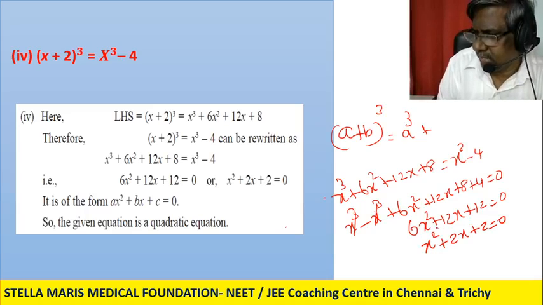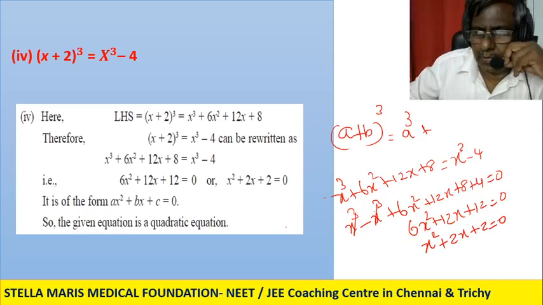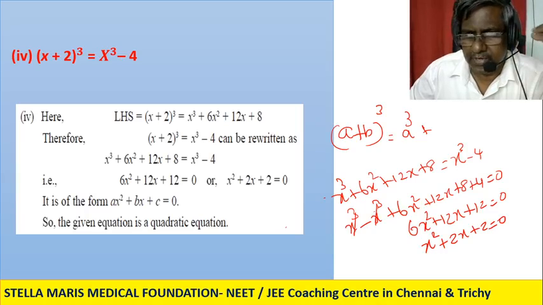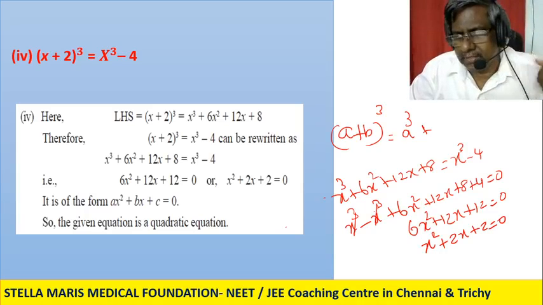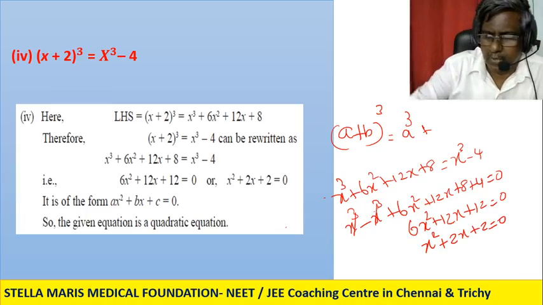So this is a quadratic equation. Good. Sivakumar also has come out with yes. Okay. Now you understand what this is? So what is a quadratic equation? There should be an x square, x and a constant. Suppose it contains x cube, x to the power of 4, then that is not a quadratic equation. A simple way you can remember: it should be ax square plus bx plus c is equal to 0. Now we'll go to the next one.